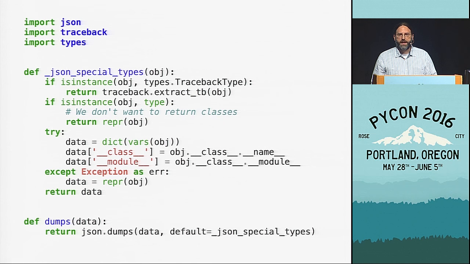If it's a traceback, it uses the traceback module to extract the traceback structure. And if it's another kind of object, it builds a dictionary, and it puts the class name and the module name from where the class came, since class names don't necessarily have to be unique. And then it just stores all of the extra attributes from the object in that dictionary. So it's a really simplistic representation of the object, but it's serializable in the JSON.